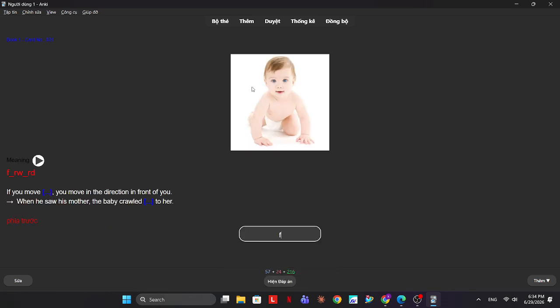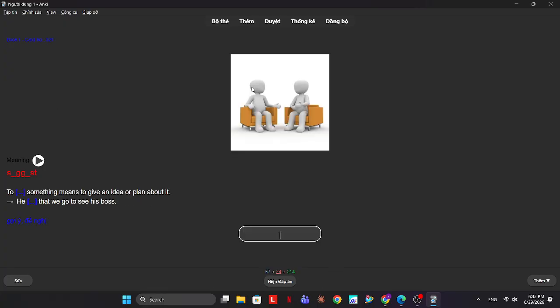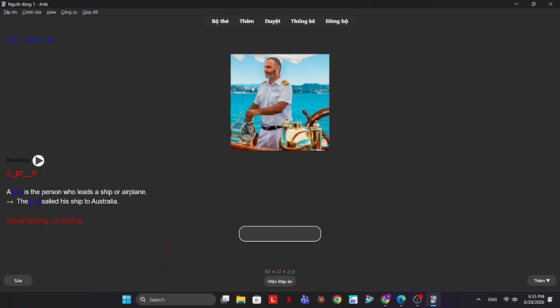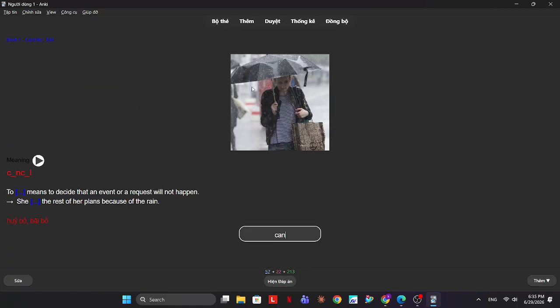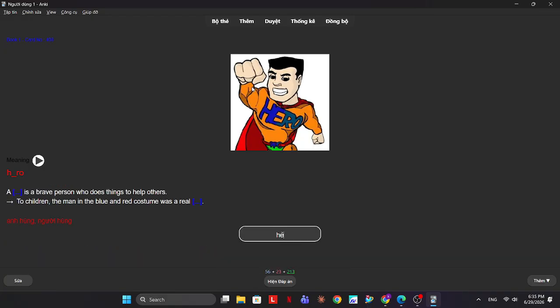If you move forward, you move in the direction in front of you. Forward. To enter a place is to go into it. Enter. To suggest something means to give an idea or plan about it. Suggest. Bite is the act of using your teeth to cut. Bite. A captain is the person who leads a ship or airplane. Captain. To cancel means to decide that an event